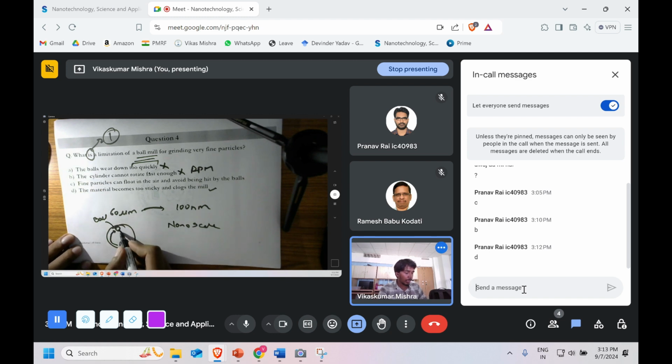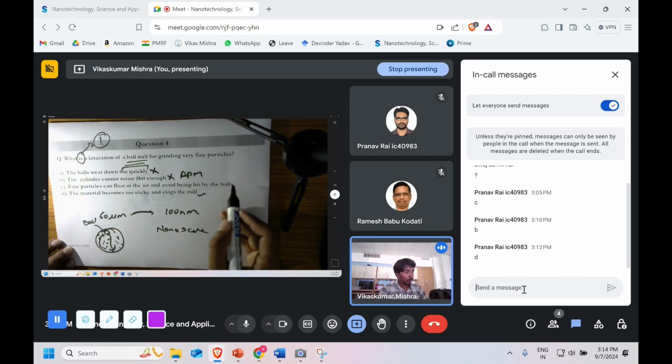Now it wants to strike the powder, but powders are not there. Powders are everywhere, and since it is in the air, it's floating in the air. It's not having the effect of gravity to a larger extent. That's why it's being avoided. The hit is avoided. So option C is the correct option.